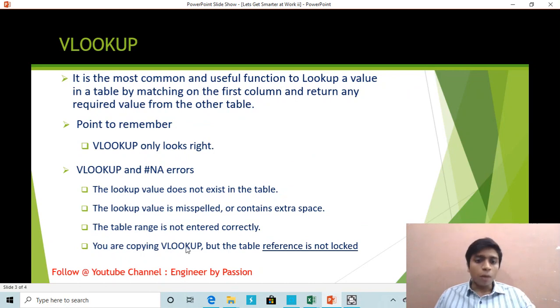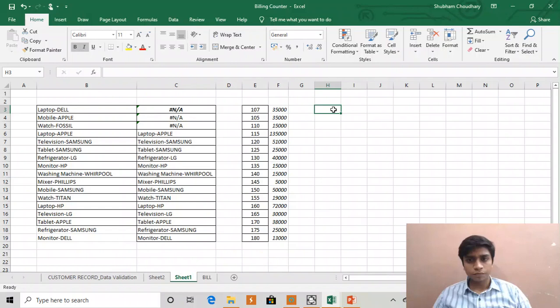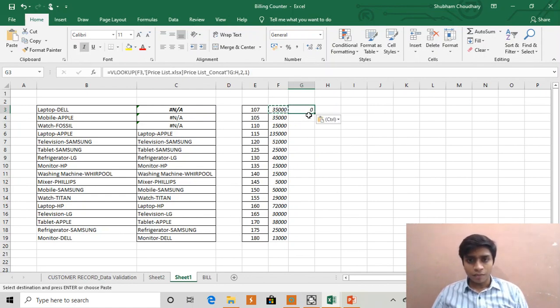Next, if you're copying VLOOKUP but the table reference is not locked. Now if we see the same Excel, in case we copy the VLOOKUP to the next cell, we find that automatically the value has been updated to 0, which is a wrong value.